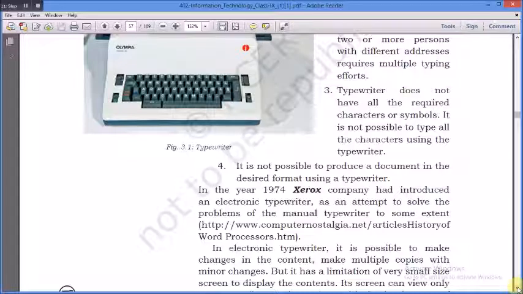To some extent, yes, it solved those errors, but not completely like word processing software.